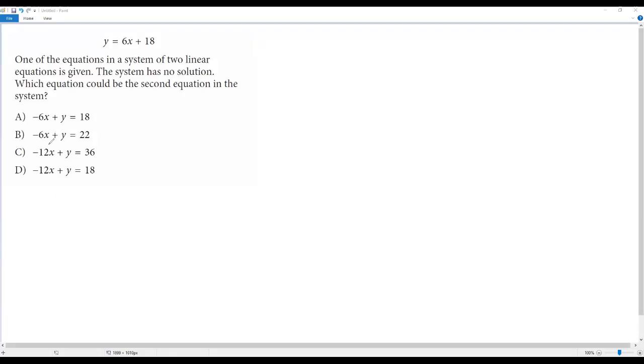y equals 6x plus 18. One of the equations in a system of two linear equations is given. The system has no solution. Which equation could be the second equation in the system? Okay, so in the system of two linear equations, one of the linear equations is given, that is y equals